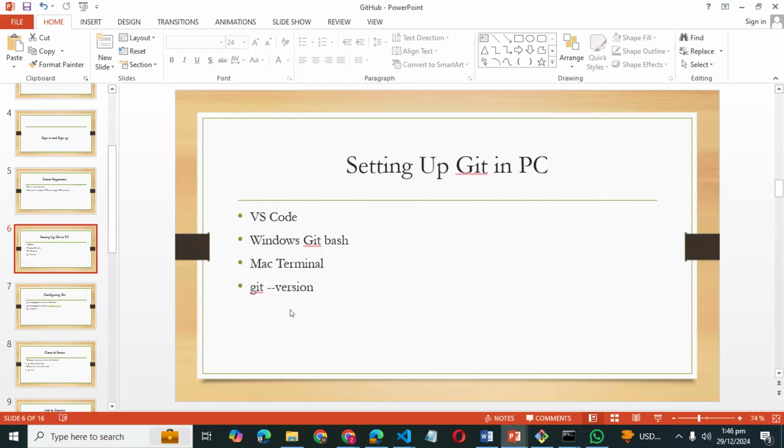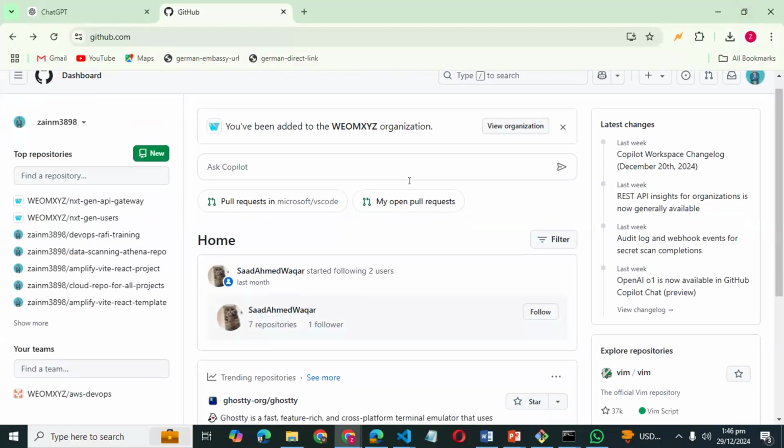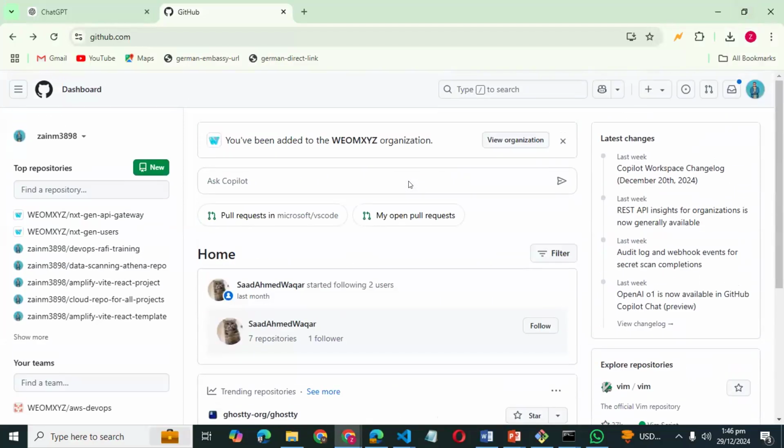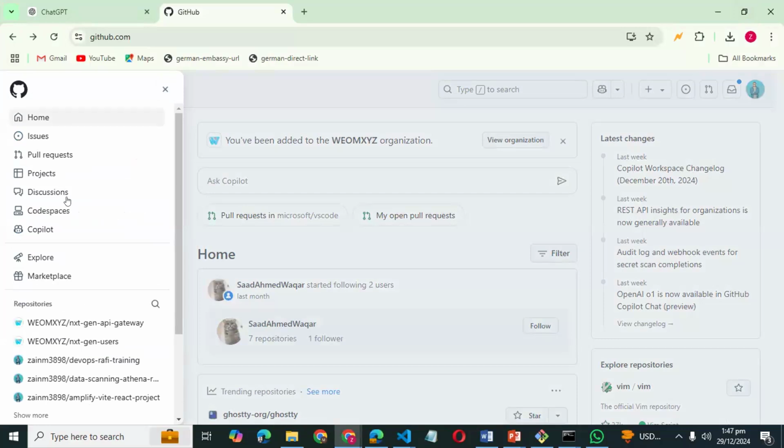And where do we fetch or copy this URL from, if you remember?